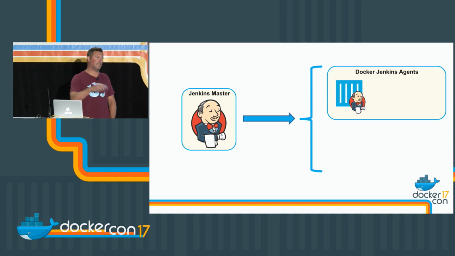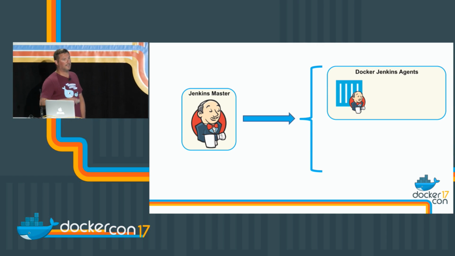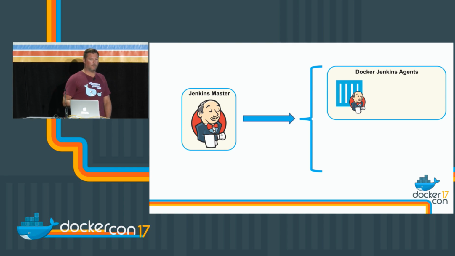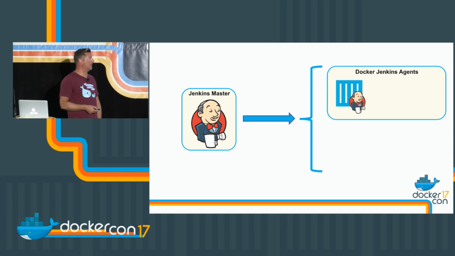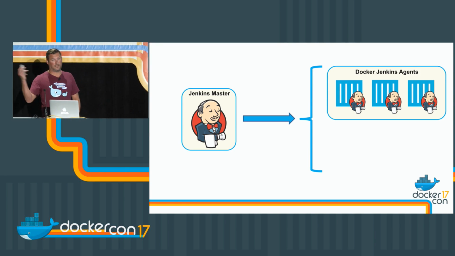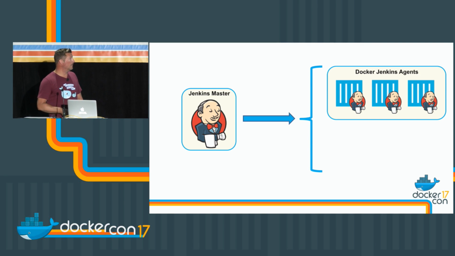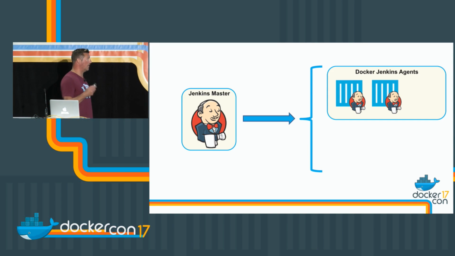So we can now start taking advantage of the process of using a Dockerfile to create an image, add in the things that we need for the builds that Jenkins is going to be running, and then as jobs come along, we can tag those jobs with specific tags that actually will launch the agent, the Docker container, and depending on how many jobs we have, we can elastically scale those Jenkins agents. And when the job is finished running, they can go away, right? So we don't continue to sit and run them.